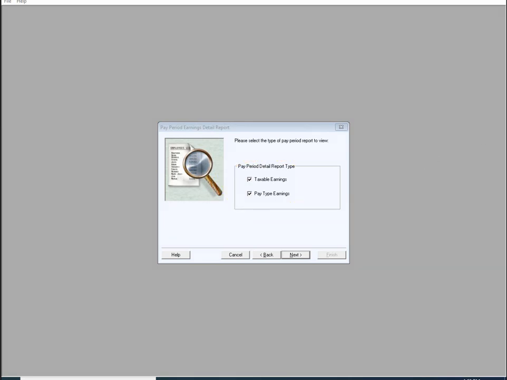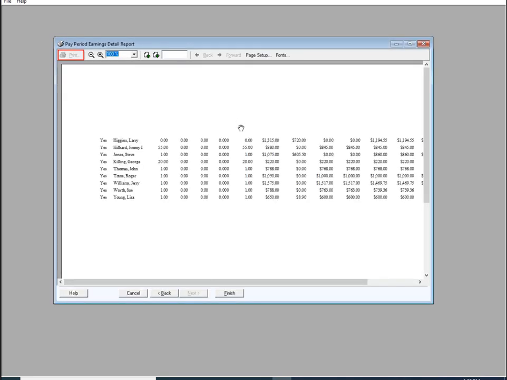But we're going to leave them both checked for the purposes of our report. You can just run one or the other if you wish, but you have to pick one or the other. If you don't check either one, it's not going to produce any reports for you, of course. Because we're looking at both of them on the webinar, I'm just going to run them both simultaneously. So when we click next, it takes a few seconds, but then it gathers the data,